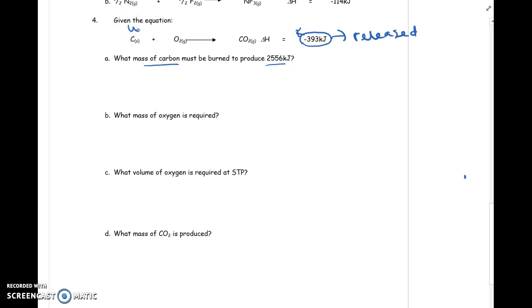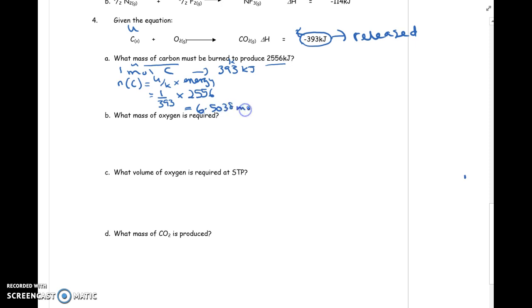So I'm just going to rewrite that. 1 mole of carbon will produce 393 kilojoules of energy. So this is our known and this is our unknown. The same as we've done it previously, the number of moles of carbon will equal our unknown over a known, and in this case what we know is our energy. So our unknown is 1, our known is the 393, times the energy that we know, which is 2,556, and this comes out to